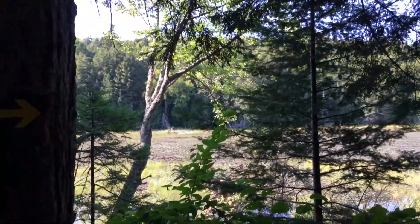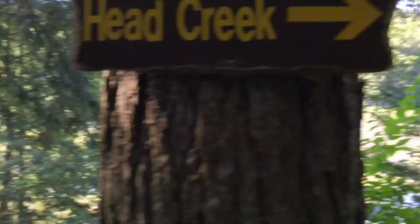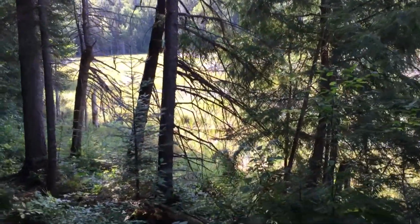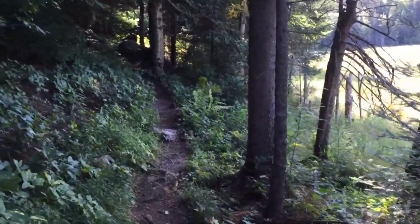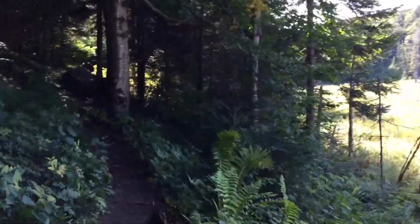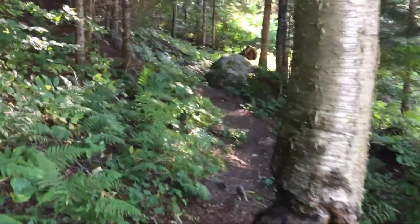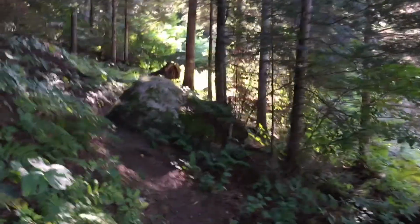So, 4.5 hours and 2,500 calories into our trip, and we've reached Head Creek, and a little way down here it basically becomes Head Lake. So we figure we've got maybe 5 minutes along here and a further 10 minutes or so, maybe even 20, probably not that long, finding which campsite we want. And sometimes that involves going down the trail. And when you get to the last one of the series, of which you've booked one of them, any one of them,